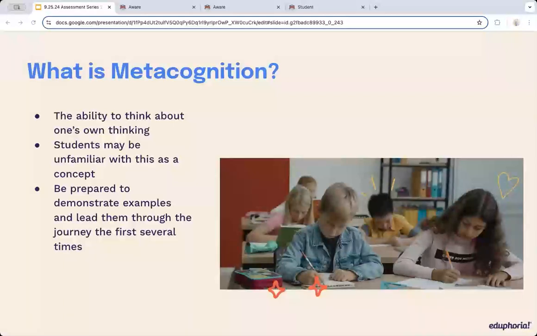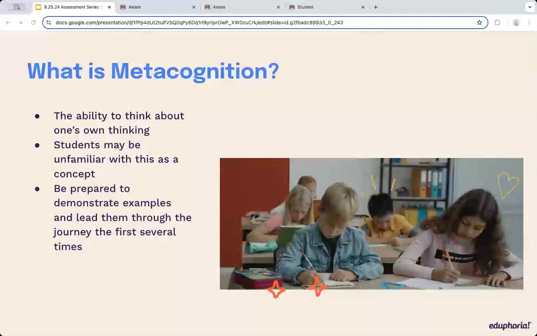First, what is it? At its base, metacognition is the ability to think about one's own thinking. It's the ability to sit down and actually think about the process of thinking. And this is really helpful because it can lead to being able to actually condition your brain into making different types of thinking patterns when you're thinking about your content in your assessment. This is very beneficial for learning because to truly internalize reflection and goal attainment, an individual student needs to be able to show their thinking and really target down to specific ways of thinking about that content and how they performed and answered a specific type of question.